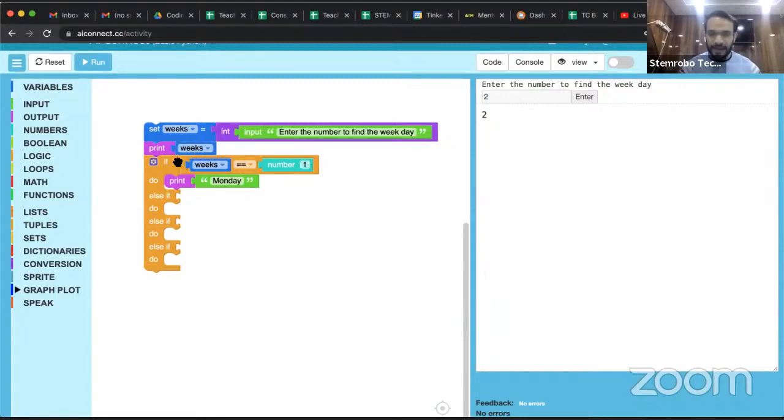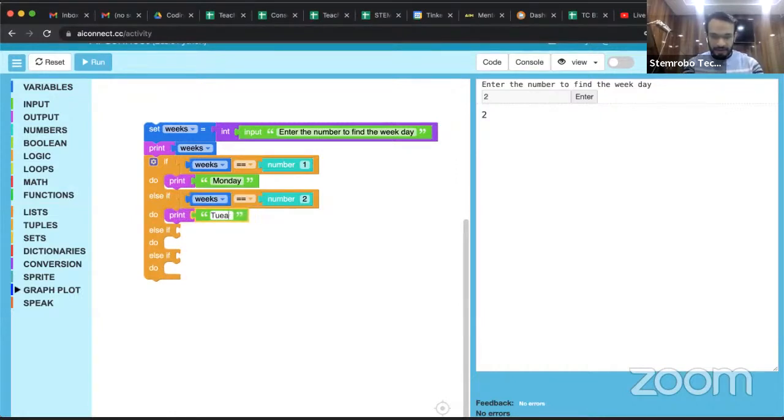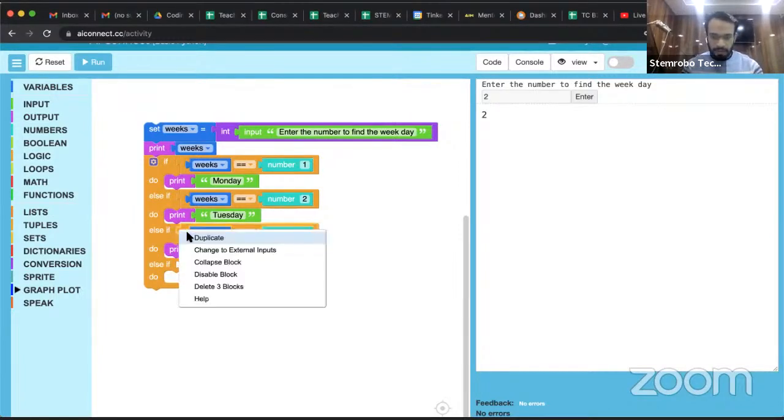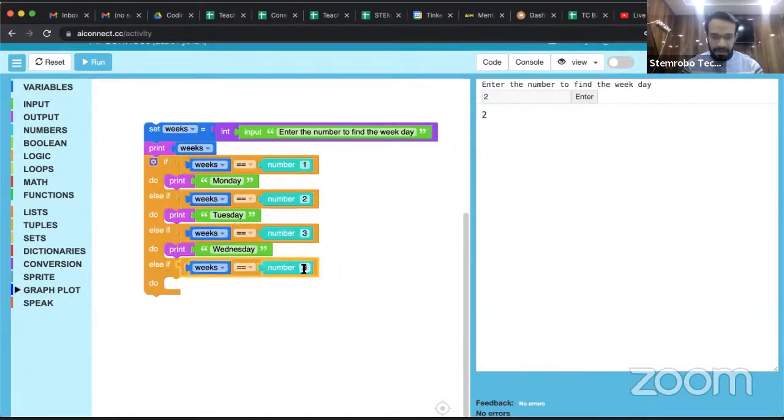अब मुझे नेक्स्ट कंडीशन भी लगानी है। तो स्टूडेंट्स प्लीज टेल मी, अगर यहाँ पे हम 2 करेंगे तो क्या प्रिंट होना चाहिए। आई वांट आंसर्स इन द चैट बॉक्स. यस स्टूडेंट्स, fill the chat box with your answers. Right, so we'll be having over here, sorry, it's Tuesday, ठीक है। हम ऐसे रिपीट करते रहेंगे. Then it comes 3 over here, 3 पे क्या आएगा, Wednesday, और 4 पे क्या आएगा हमारा Thursday।